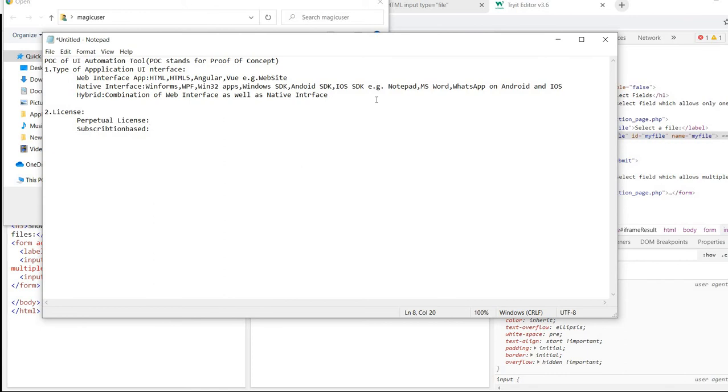Perpetual license means you pay the licensing fee for that tool, and that tool is then yours. You have to pay only the AMC, the annual maintenance contract. Per year you have to pay them some money.